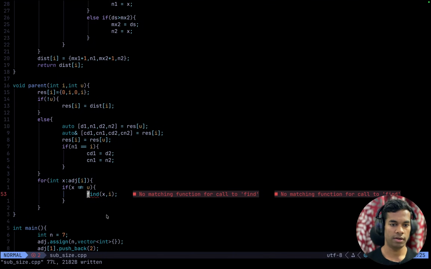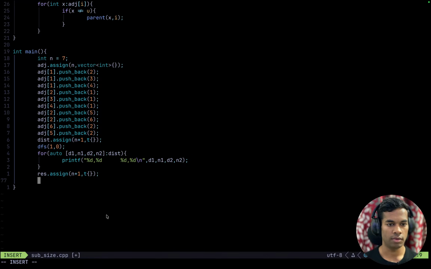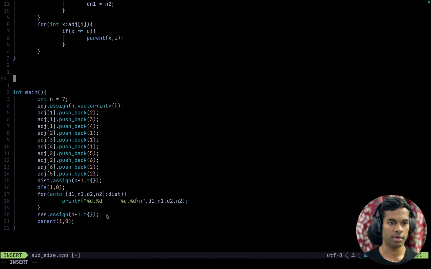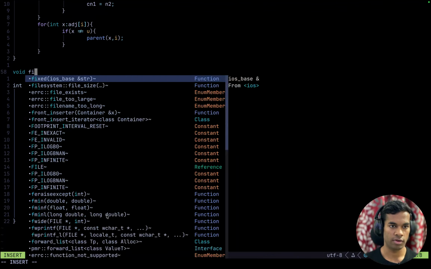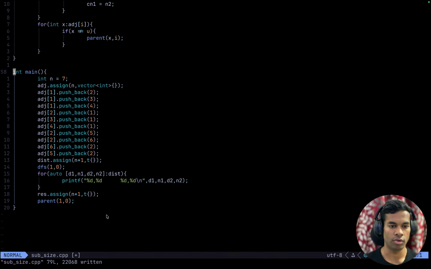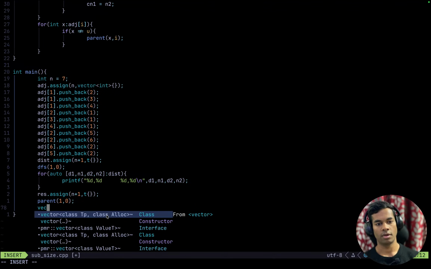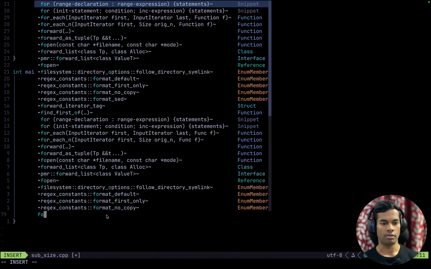We'll call this parent, and we will call parent function I, 0, and we will have a separate function find, which doesn't actually do anything, and it should not do anything. We will not have a separate function. Vector response size n plus 1. Finally, the answer for